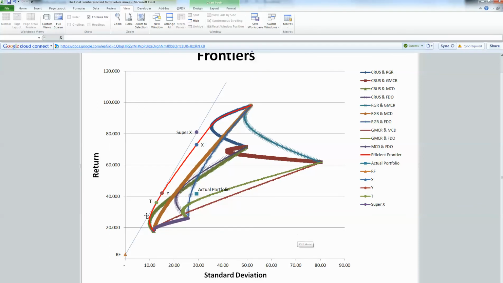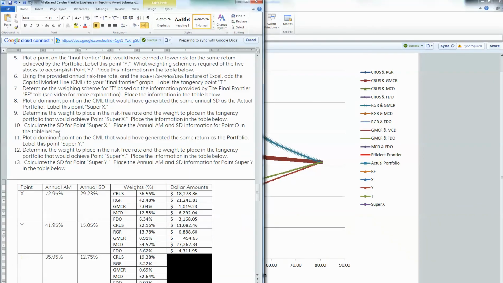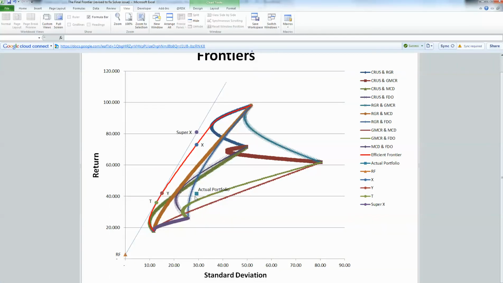And then point Super Y, we haven't done yet. So point Super Y is the dominant point on that blue capital market line that would have generated the same return as the portfolio. My portfolio generated a return of 41.95, so just go directly left until you hit the blue capital market line. And I'm going to zoom in again